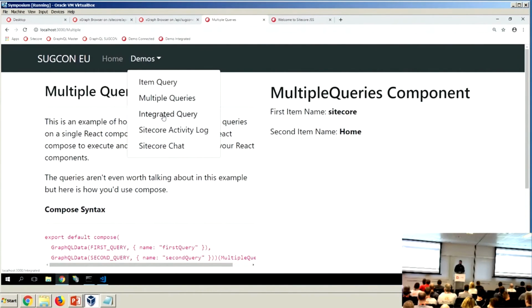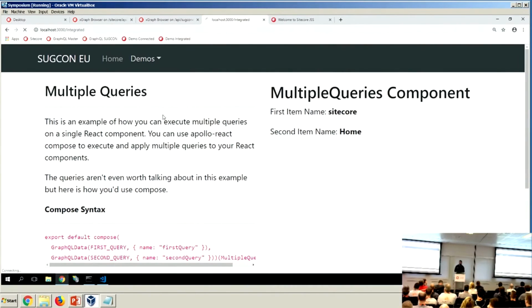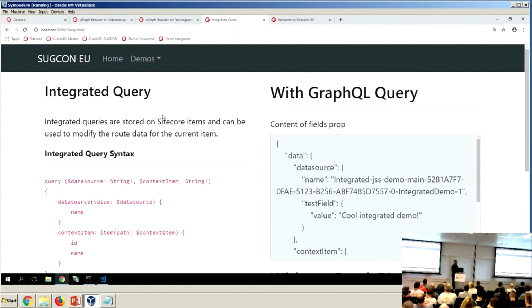The next demo I have is an example of an integrated query. We didn't talk about integrated queries that much or at all. But here's just sort of an example of one. When you use an integrated query, these queries are stored on Sitecore items. They're actually stored in the rendering, and you're actually provided two variables on this. So you get a data source variable. This is the component itself, and then you get the context item, and this is the item that this template's applied to. So you get access to both of those, and you can really use this to change the route data that you get back from